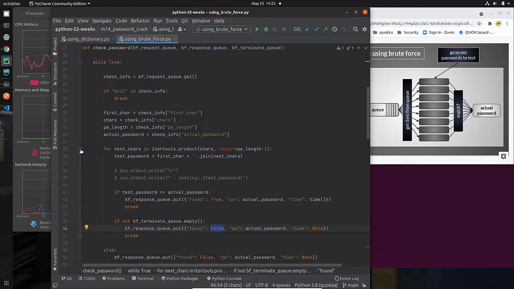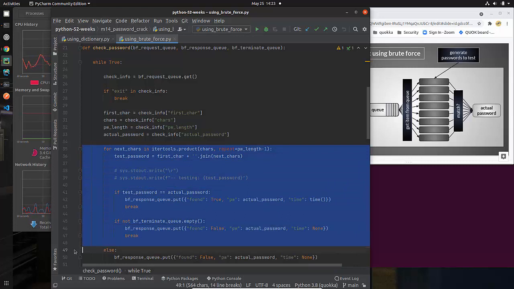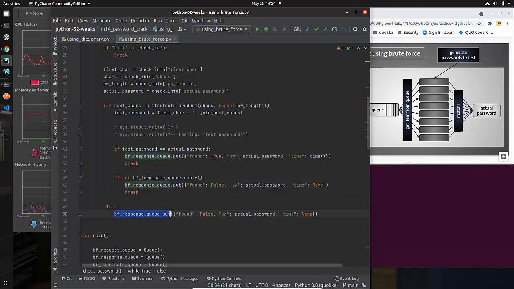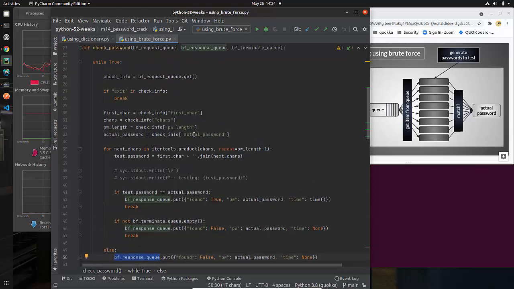If I get to the end, remember my for loop, I can have an else statement. If I get to the very end and I've not broken out, then I'm going to put a message in the response queue that says I didn't find it. This is just as I said, my contract is that every one of these messages will have a response. So whether I found it, or whether I am terminating early, or whether I got through everything and didn't find it, I am going to send that back.